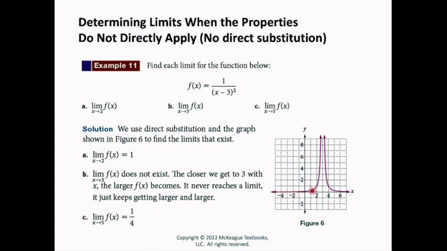And as I approach 3 from the left, the value of the function is increasing without bound. It's not going to approach a specific value. It just keeps growing and growing. When I approach 3 from the right, I get the same thing. Coming from the right, the value of the function keeps increasing and increasing without bound. So in this case, because both one-sided limits approach infinity, then I would say that the limit as x approaches